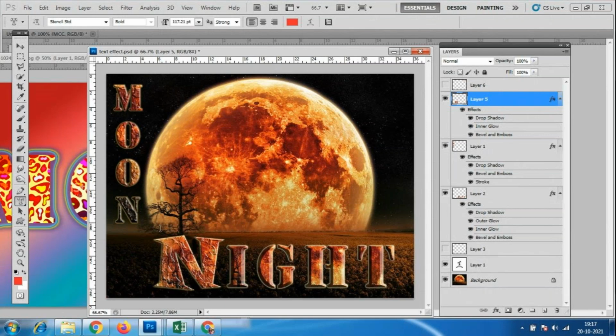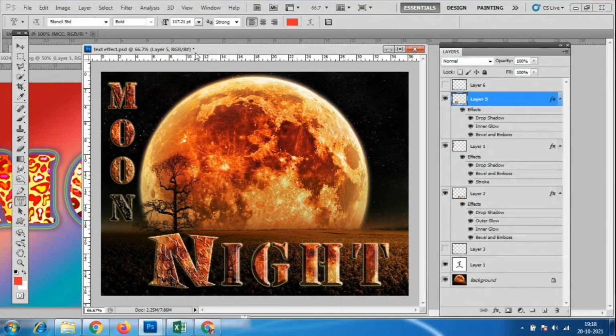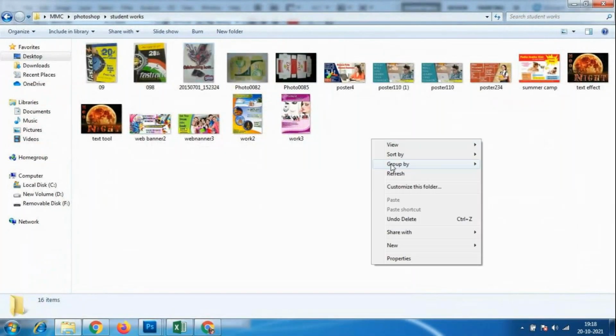You can add a text according to you, holidays, something like that. You can make a text over here, and for that you have to add these blending options, which should completely match the screen. Something like this, it should come attractively. We will see how the final output has come.